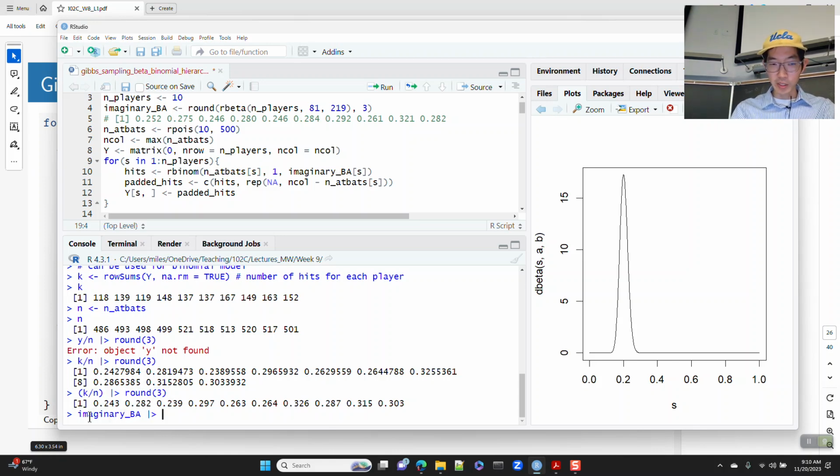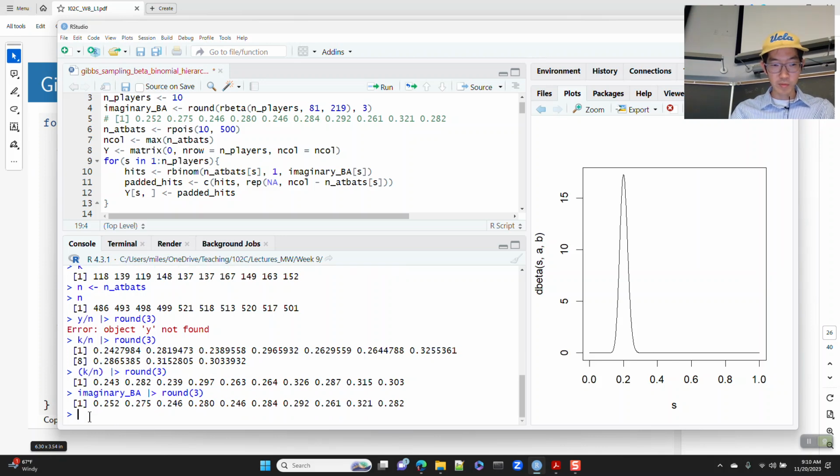so their empirical performance in 500 at-bats is higher for some, and for some their actual performance is lower. But again, that's expected because of randomness, right? So their true batting average that we used to generate their values is 0.252, but when they actually went up to bat, because of good luck or bad luck, this player performed a little bit lower. This player's true batting average that we used to generate was 0.275, but when they went to bat, their actual performance was a little bit higher, 0.282 in this case,